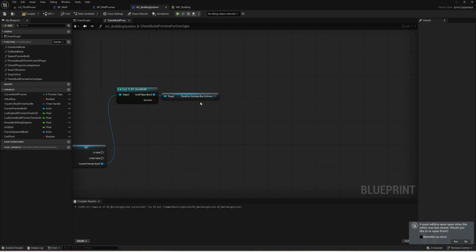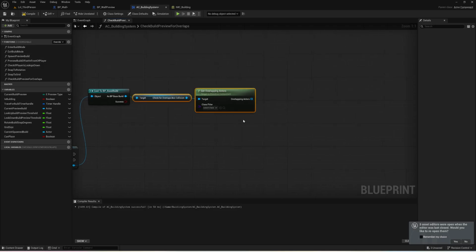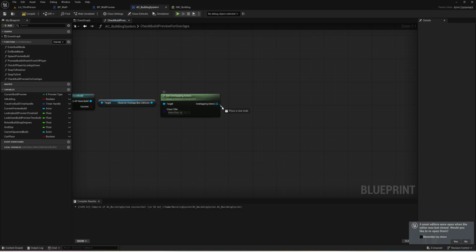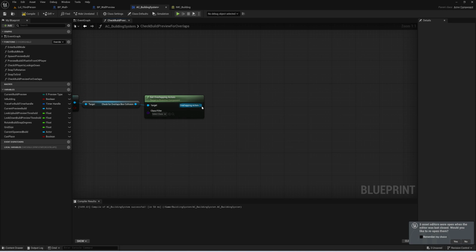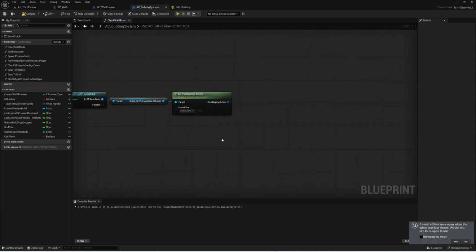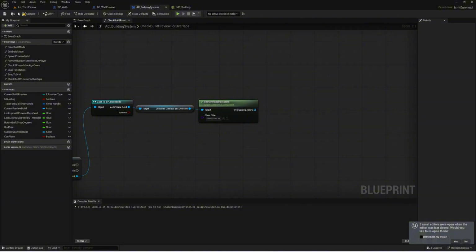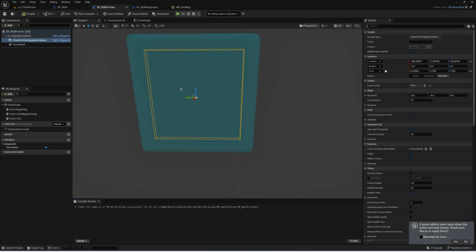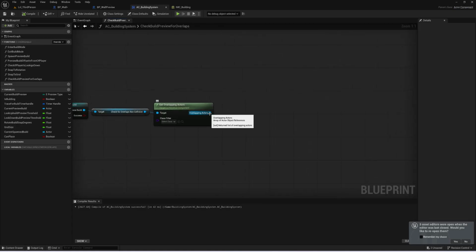And we are going to check all the overlapping actors. So we are going to say get overlapping actors. The class filter, we're going to leave it empty. We don't need to specifically check if it's one class. We just need to check, are we overlapping something? And if this array of actors is greater than 0, that means we are overlapping something. It means we've hit something. And if we're trying to place our preview build on something we've hit, and we know it's not just a little bit on the side because we've made sure this is in the center, if we're overlapping something,